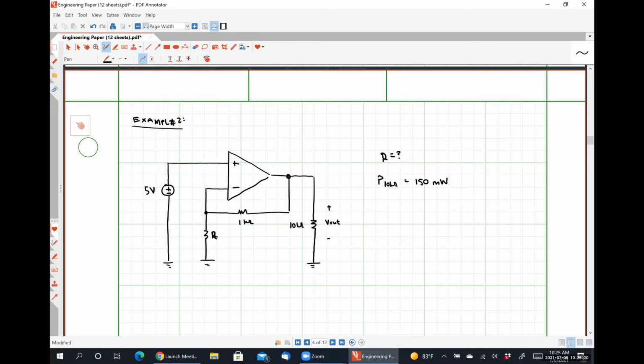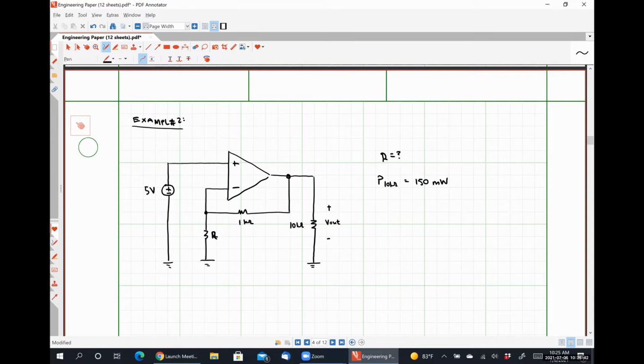So there's actually something pretty important here that I'm not entirely sure that we've discussed yet. So let's analyze this circuit